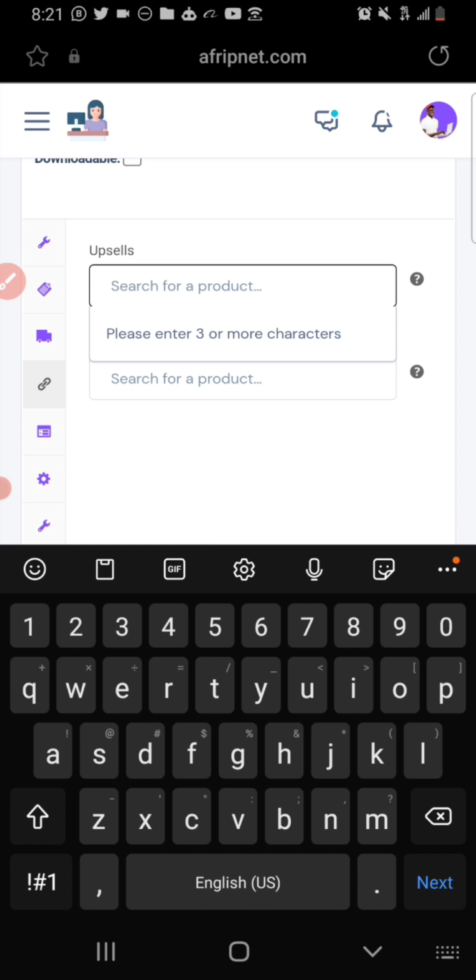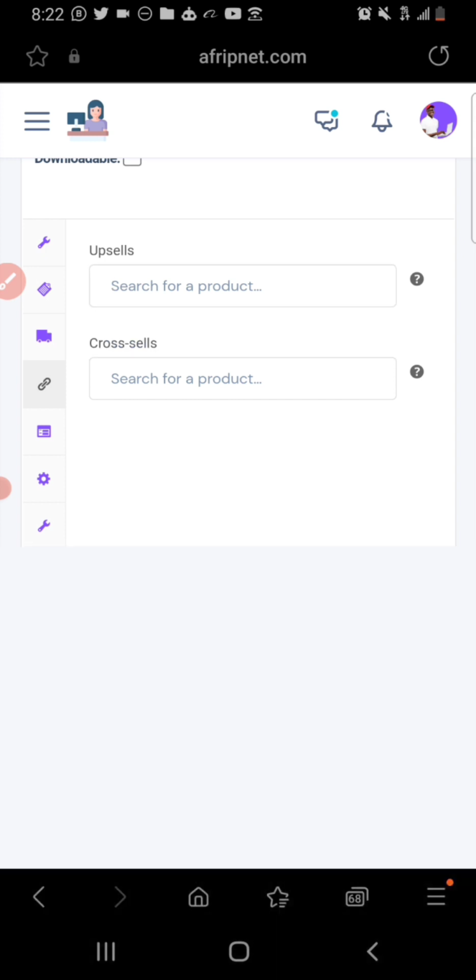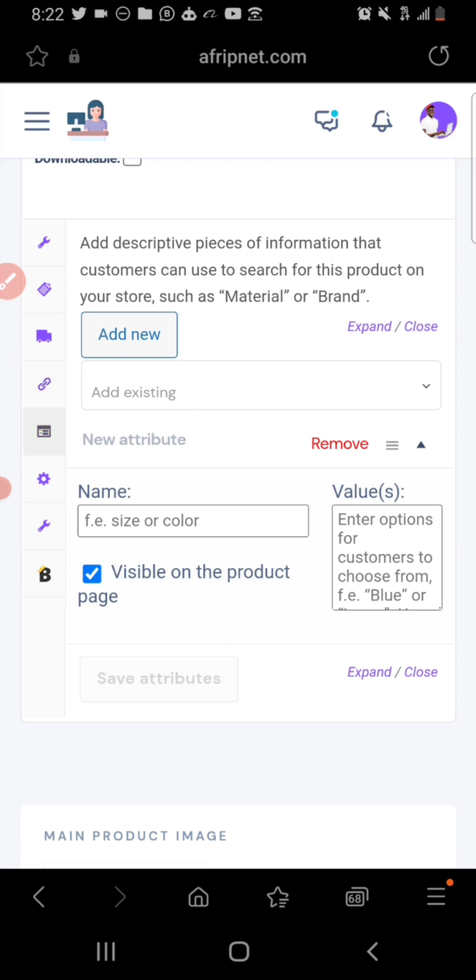So you don't have to bring in a hair cream. You are selling clothing and you are bringing hair cream as recommendation. No, it doesn't work that way. It has to be something in line, the same business category, in the same category of products with what you are currently promoting. So after this, you go to the